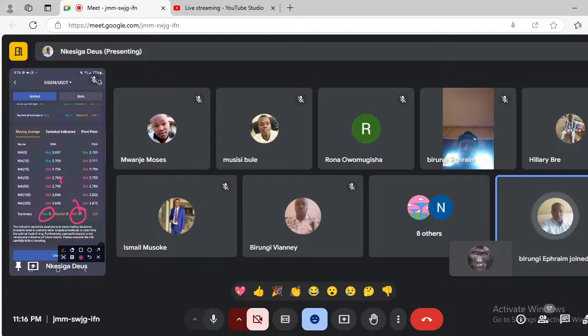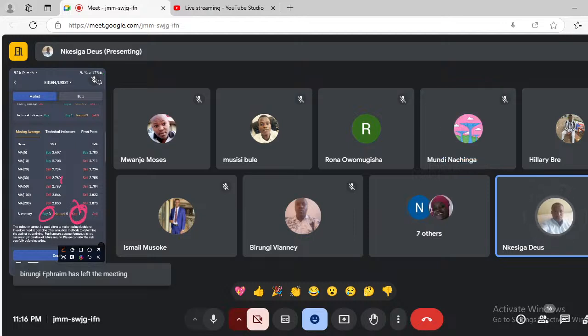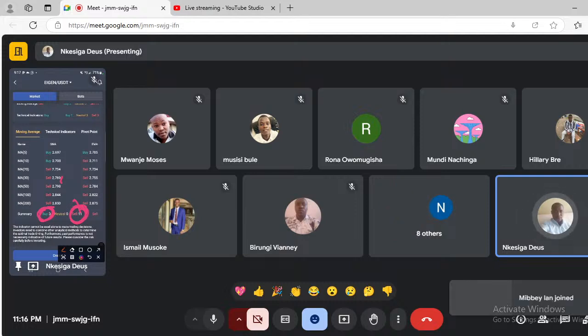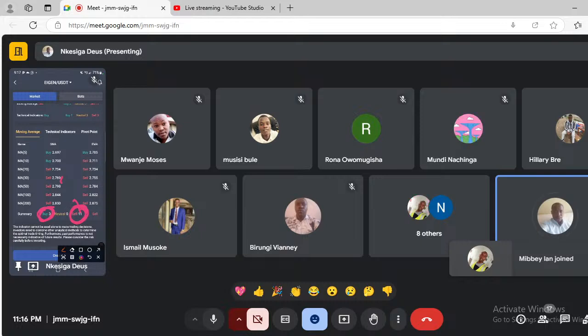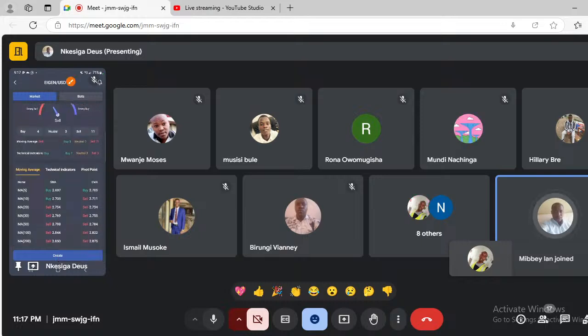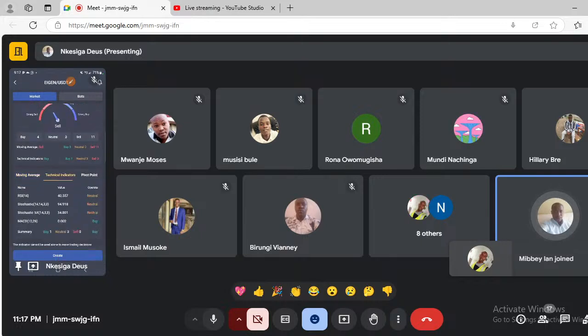So I'm trying to show you here. Now, 11 sells and only 3 buys. There is no way you can buy. Only 3 indicators are showing you to buy, but 11 are showing you to sell. There is no way you can buy this coin. Okay, so let me check. When we go to technical indicators,